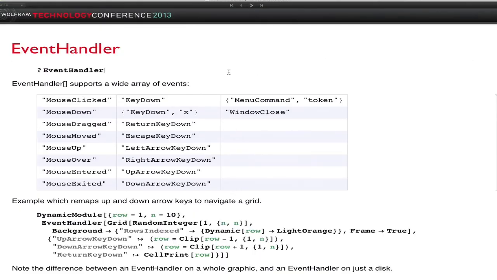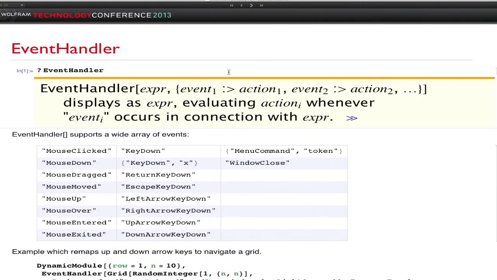Okay, so let's start with Event Handler. Event Handler is this nice, simple wrapper. You say Event Handler, you give it some